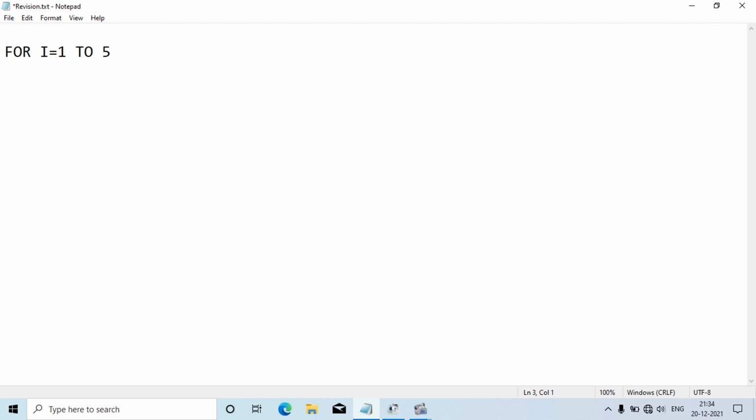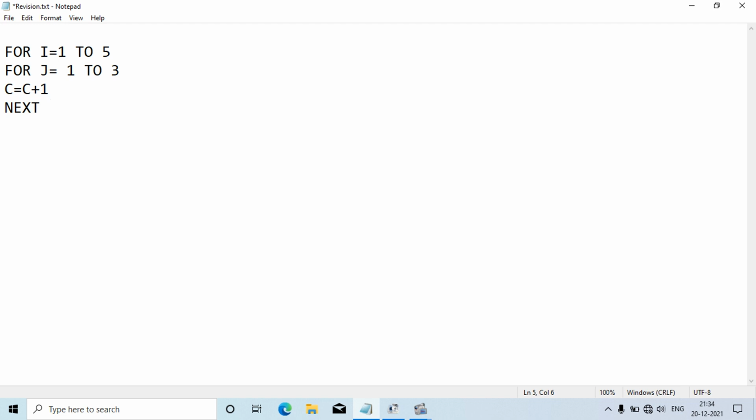Okay, now for J equal to 1 to 3, then C equal to C plus 1. As you all know that it is known as a counter. Whatever value is written here, C equal to C plus 1, this is a counter. If we count anything, if we increase any value in a loop, that's known as a counter.